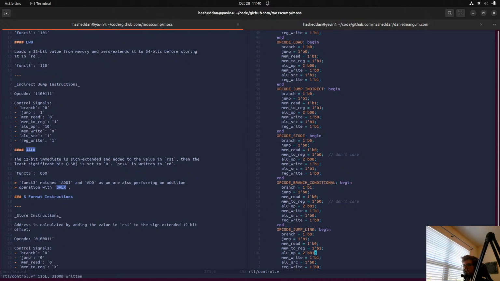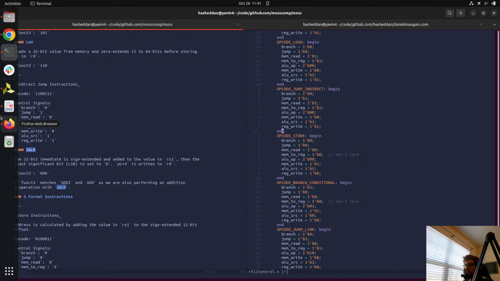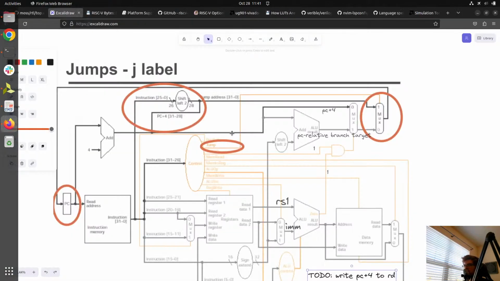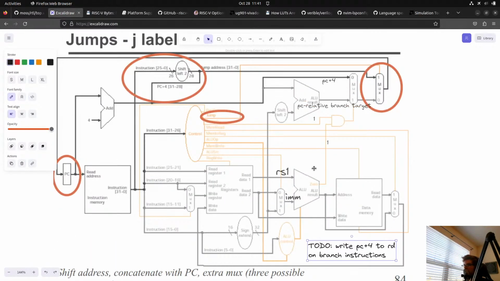ALU op is 1, 0. Memwrite 0. We're not writing anything to memory. ALU source is 1. ALU source should be a don't care, right? Because we are not using the ALU. Let's see.